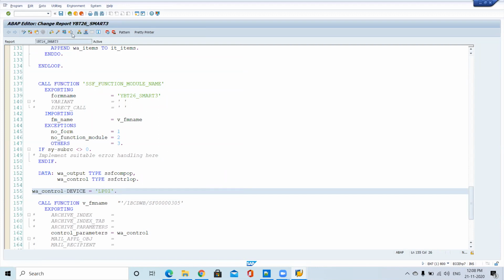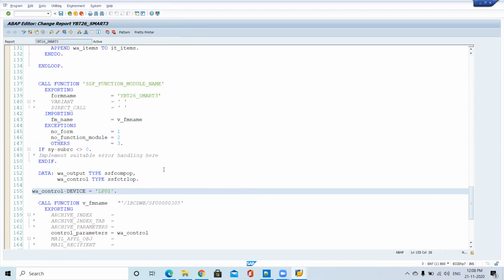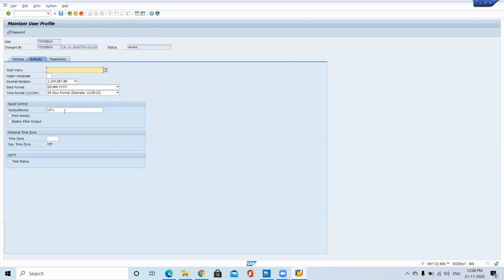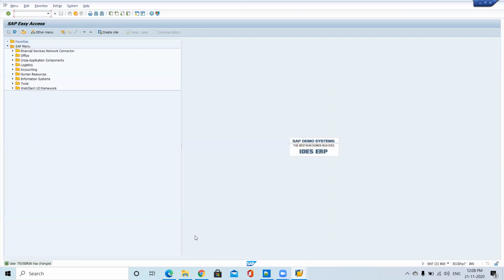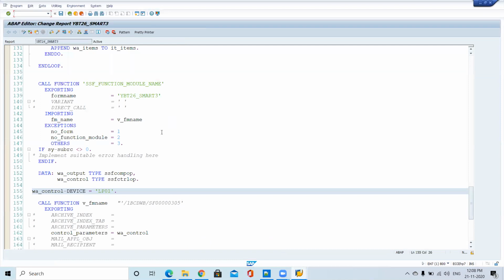So the device name is LP01. Previously, we mapped that device name in the user profile, own data, in the default options. But now I removed that. LP01 is not fixed. So for the smartphone we are just trying to pass it from the program.